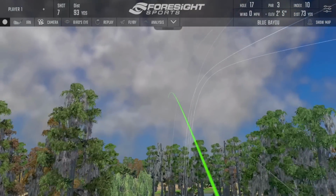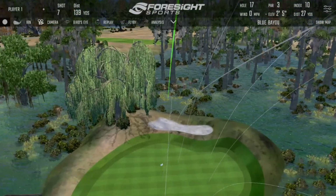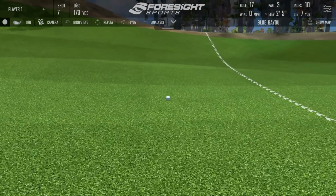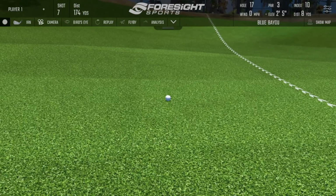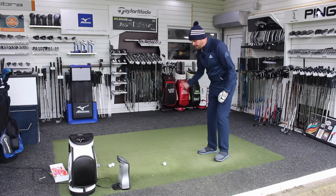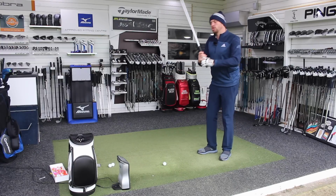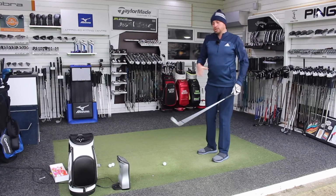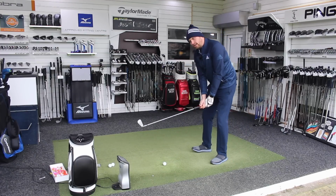Just pick that one a little bit. Go in. Ooh, straight over the top of the flag. Now, certainly with the PXG being a couple of degrees stronger, maybe expecting to hit this just a touch further, but it'd be interesting to see how it launches, how it spins in relation to that, because I do think